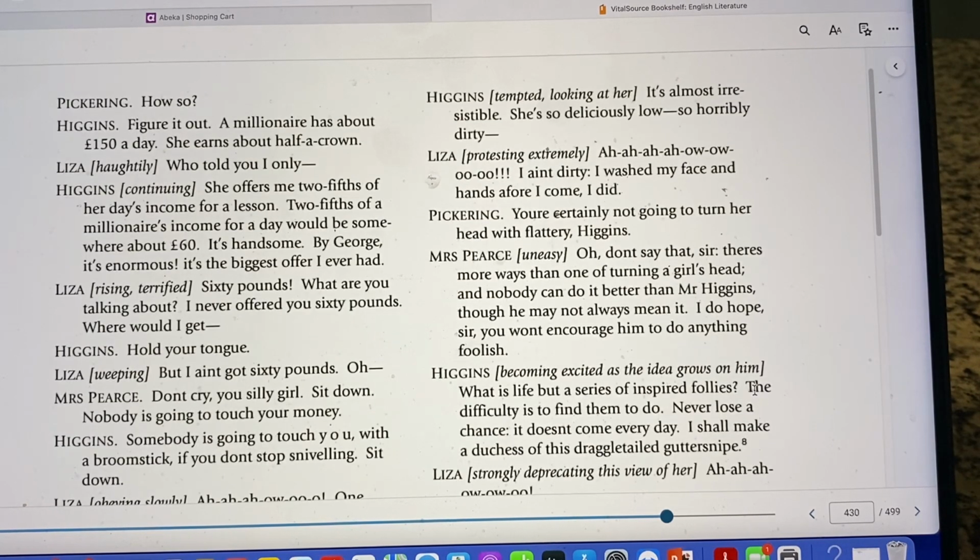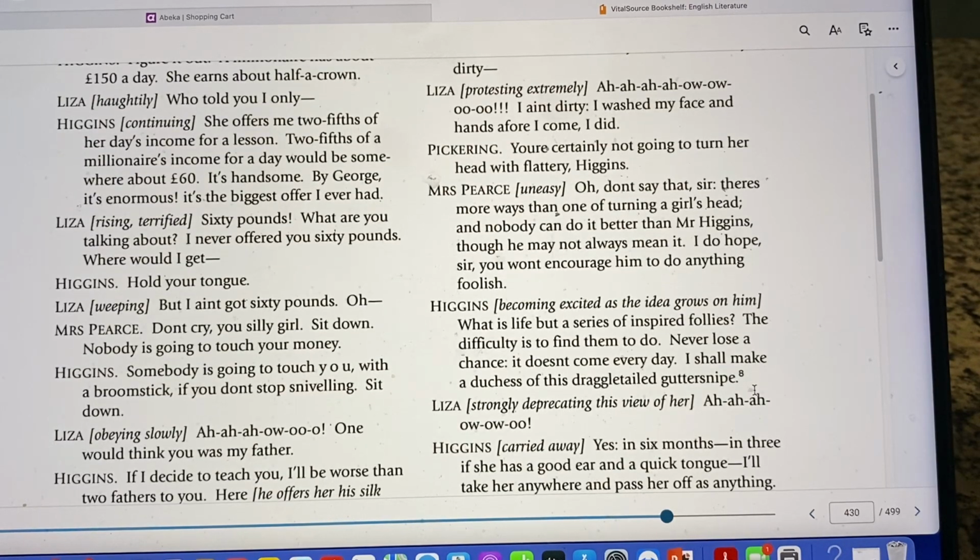Mrs. Pearce, uneasy: Oh, don't say that, sir. There's more ways than one of turning a girl's head, and nobody can do it better than Mr. Higgins, though he may not always mean it. I do hope, sir, you won't encourage him to do anything foolish. Higgins, becoming excited as the idea grows on him: